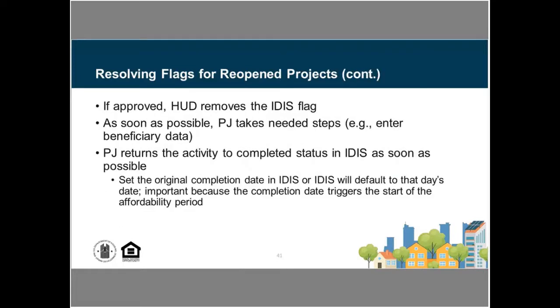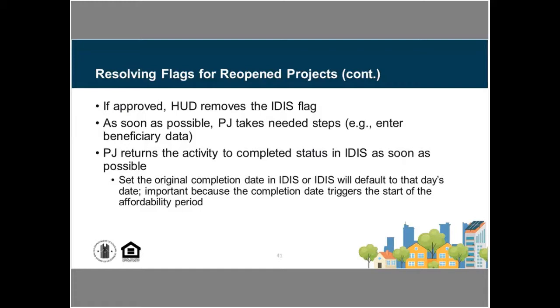So if that is approved, HUD's going to remove the IDIS flag, that project would be unblocked, and then the PJ would be asked to go in and either enter beneficiary data or reset the project to the original completion date. The one thing that's important for PJs to understand is when you're going in to a project and you're adding